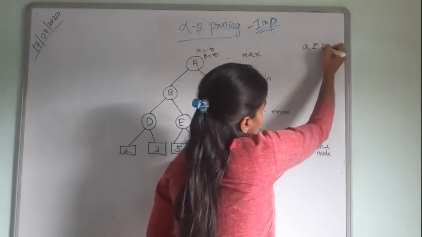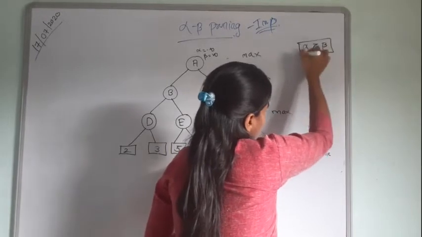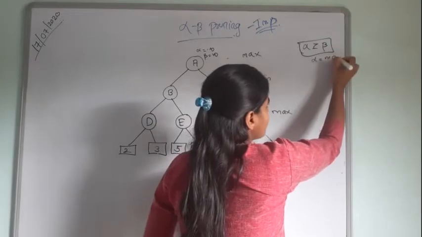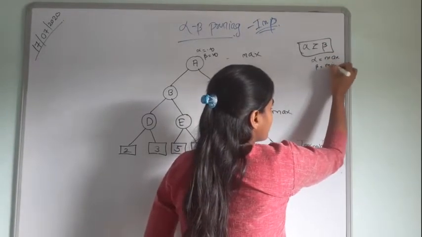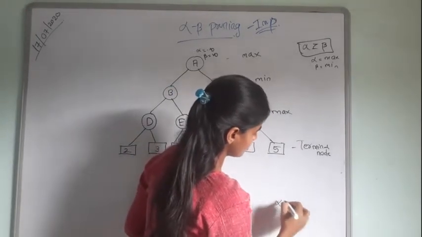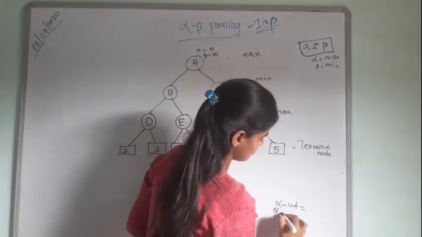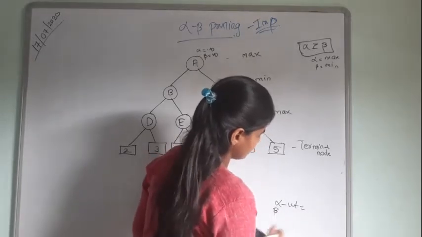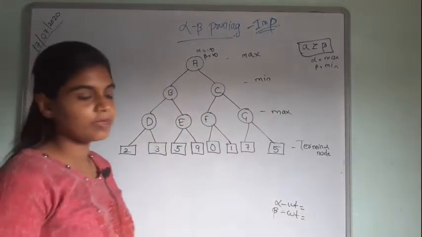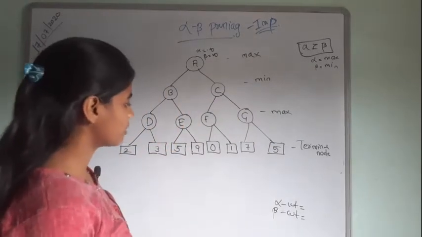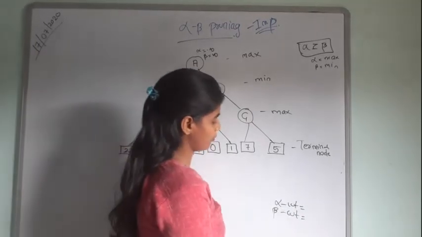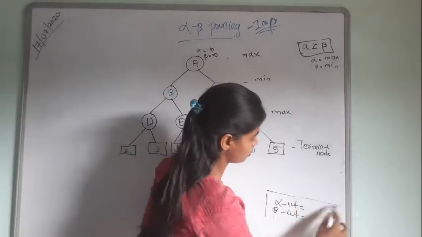So what condition do they apply for pruning? Alpha is greater than or equal to beta. This condition is applied for pruning. Alpha is maximum and beta is minimum. Here will be the alpha cut. How many alpha cuts are there, and how many beta cuts are there? How many alpha prunings and how many beta prunings are going to be here? That much value you must write here. These are the results, the output we are going to get for this problem.